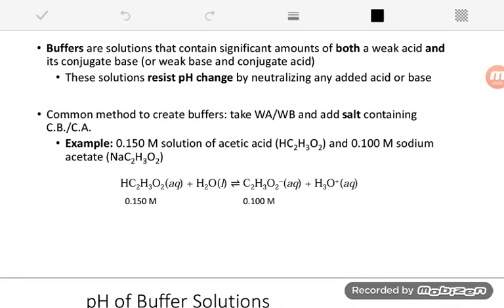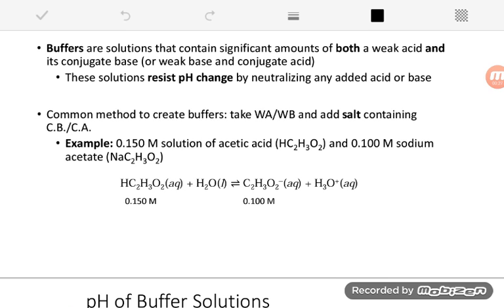In this section, we're going to discuss buffer solutions. Quite simply, buffer solutions contain a significant amount of both a weak thing and its conjugate. So either a weak acid and its conjugate base, or a weak base and its conjugate acid. These solutions are really important in both biological and chemical processes because they're able to maintain a solution at a